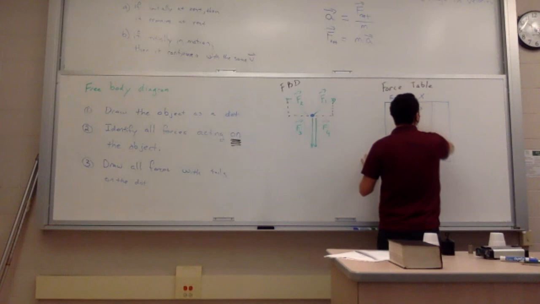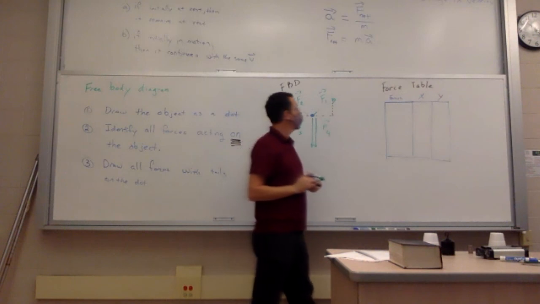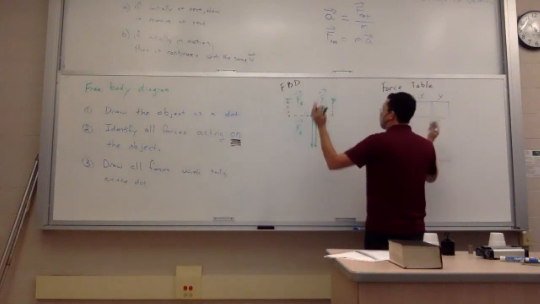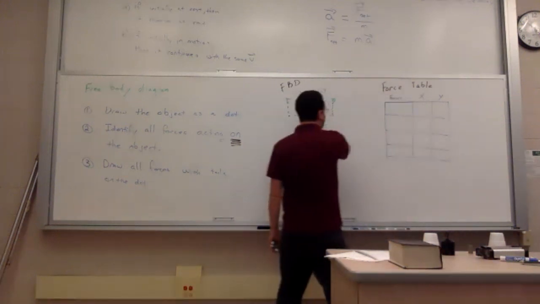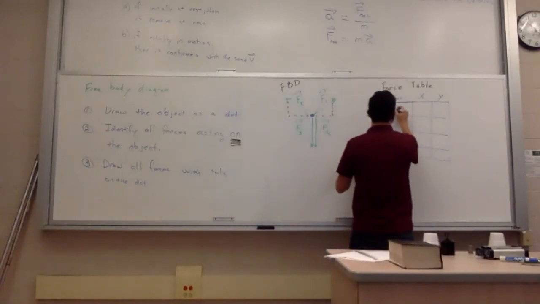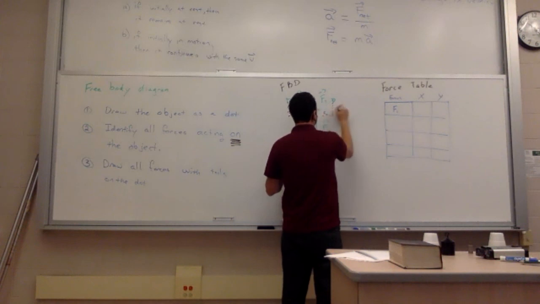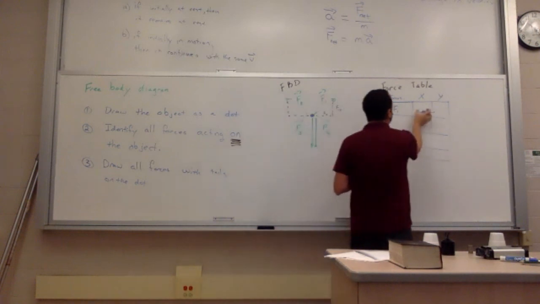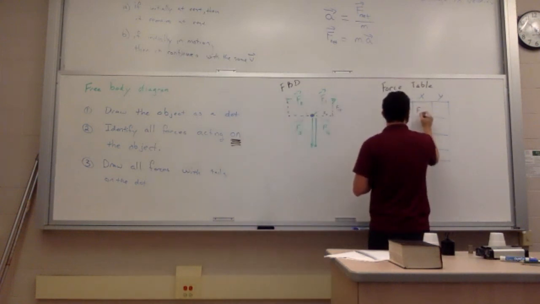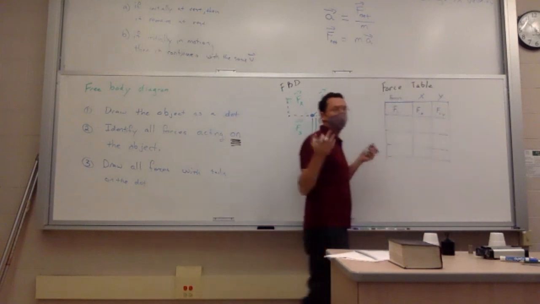And here we're going to put the x components, and here we're going to put the y components. In this case, I have 4 forces: 1, 2, 3, 4. So I'm going to say I have force 1, and it has an x and a y component, right? So it'd be F1x and F1y. I use sines and cosines if I know that, or I write it as best I can. In this part, I would just put F1x, and over here I put F1y. Let's say I did those.